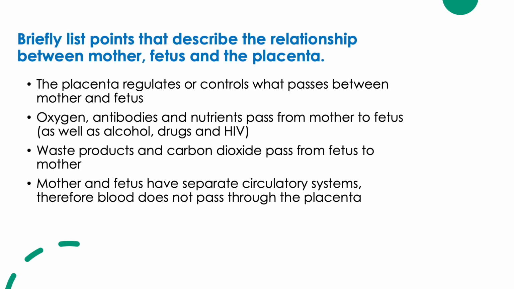So this summarizes what happens between the mother, fetus, and the placenta. The placenta regulates and controls what passes from the mother to the fetus. Oxygen, nutrients, and good antibodies go to the fetus, but otherwise alcohol, other drugs, and viruses may also go, which harm the baby. Wastes like carbon dioxide and other metabolic wastes can be passed out of the fetus to the mother